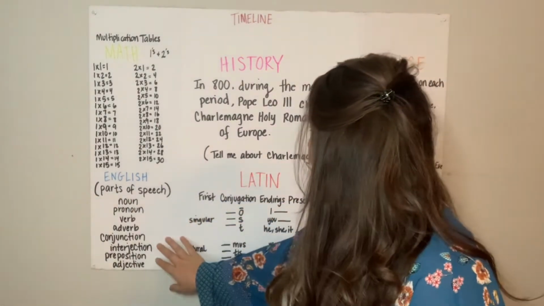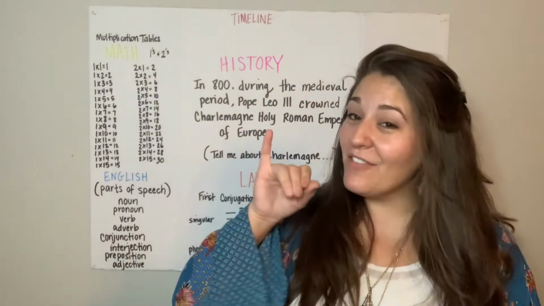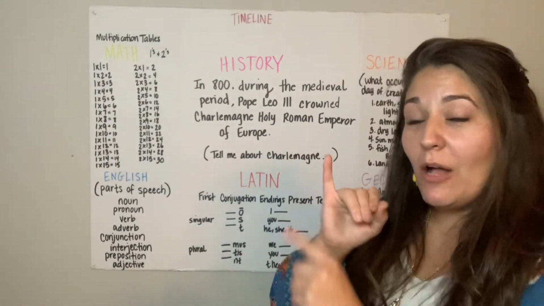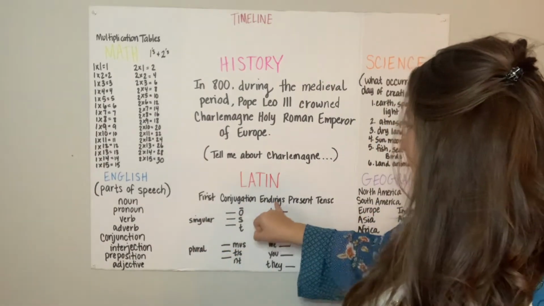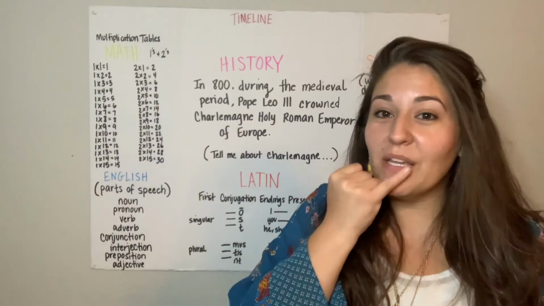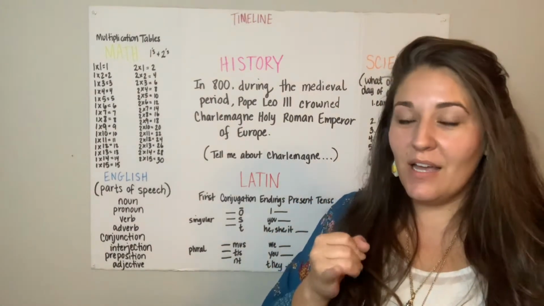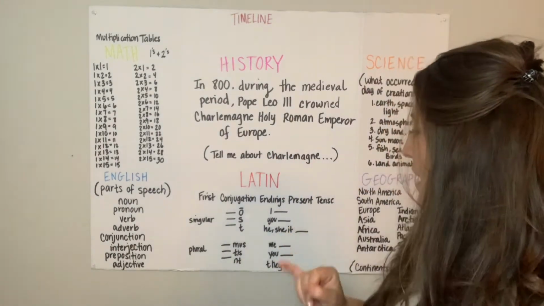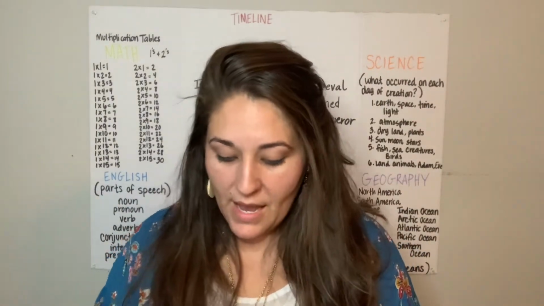And that was our English. We moved on to Latin, and since the T is like having tea, fine tea, we ended up holding up our pinkies, which also helped us know there's only one finger up for first conjugation endings, present tense. And for O, we used our pinky to circle our O when we say O. For S, we made like a little snake. And it's to the song of Frère Jacques, and we did